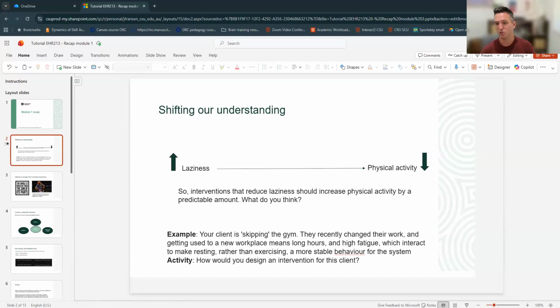So what I'm demonstrating to you here is that if you think simplistically and in a linear, reductionist manner, you can never find solutions to complex problems. The trap here is that we love, as humans, thinking about really complex problems and finding simple solutions to them. It just doesn't work that way, right? And I hope that as part of this first module, this is something that you've learned.